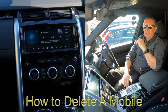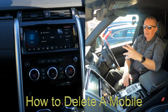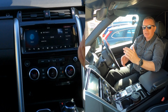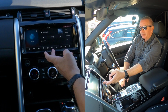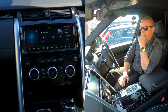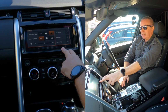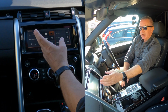Okay, I'll just show you how to delete a mobile from the Bluetooth audio system in this 2018 Land Rover Discovery. Now, there's a way of doing it, and it's not as intuitive as you would hope, really. For instance, it's not under phone, but if you go to phone, it lists all the phones that are available there. However, if you go to settings, you've got DAB settings, all settings, and audio settings, so there's nothing there